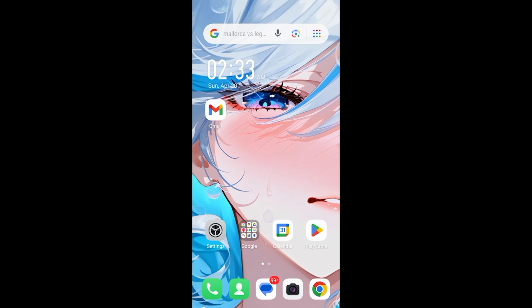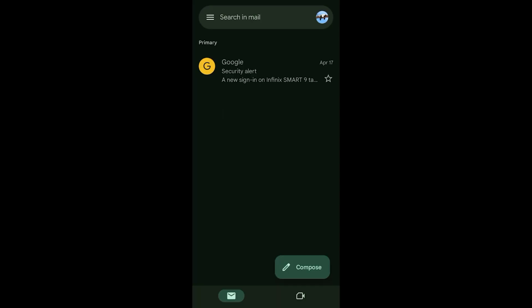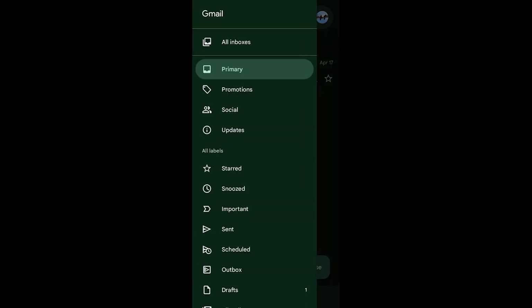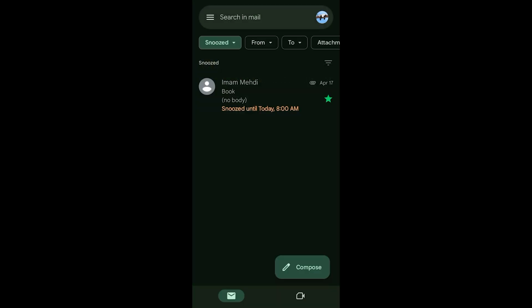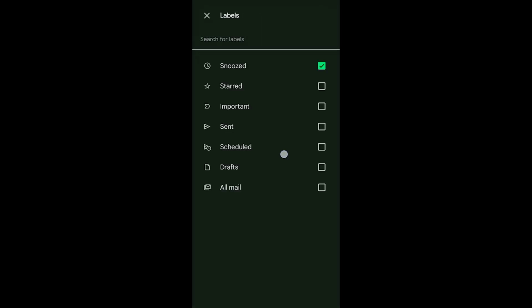First, open your Gmail app. Here, click on the three lines on the top left corner. Now, under all labels, go to that label that email is saved in, and then you will see these options at the top. Click on the option that label is highlighted, and now from here, you can change the label